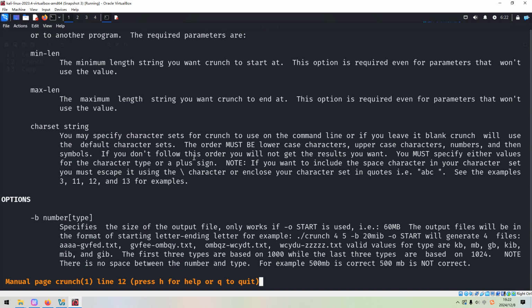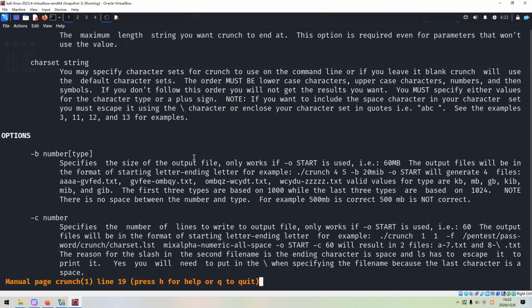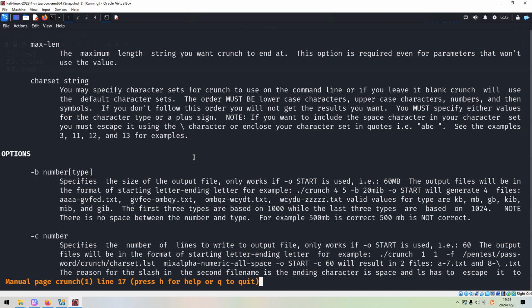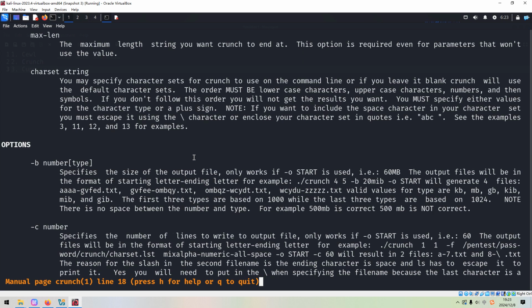For example, if you scroll down, you can use the -b option to specify the size of the output, so each file containing the word list will not be larger than this number. In a real engagement, this option would be very useful, but for CTF-like machines, I didn't use this option a lot.